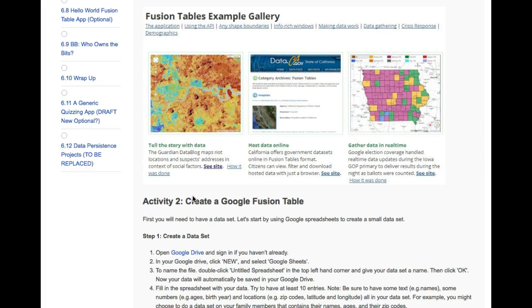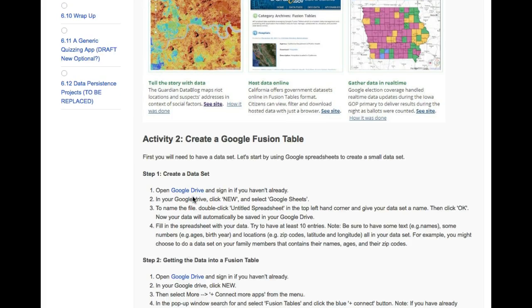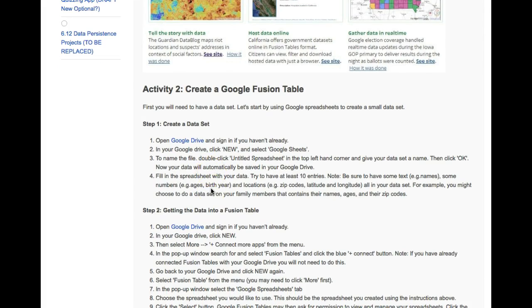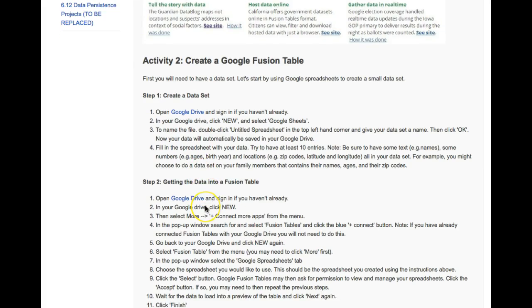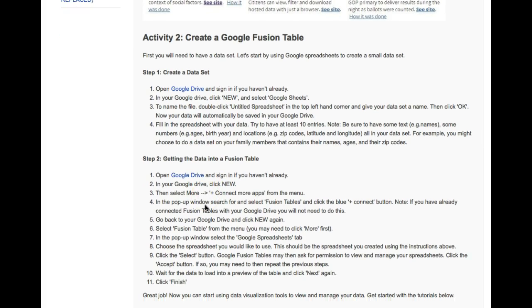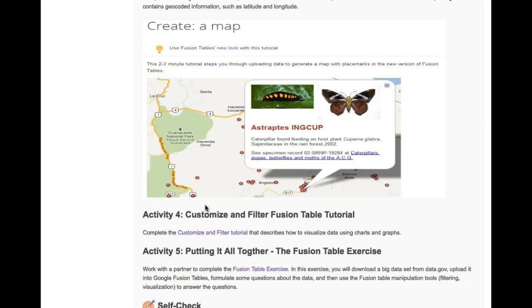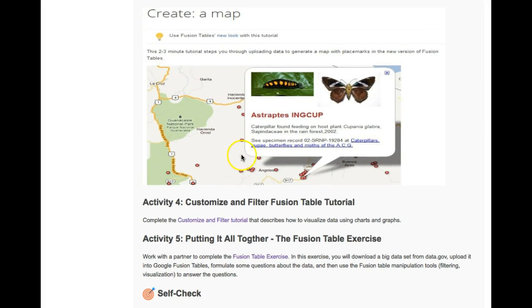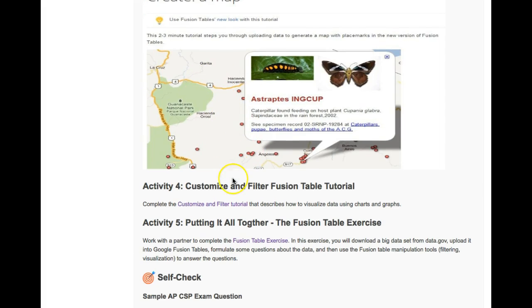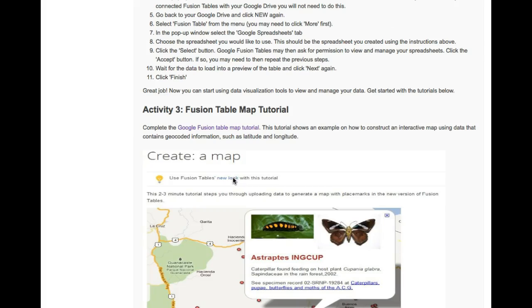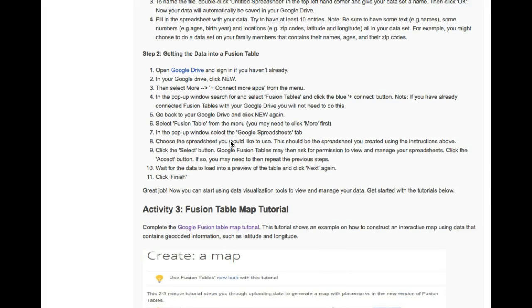Fusion tables allows anybody in the world to go with their Google Drive account, create a spreadsheet, a Google spreadsheet, and then that data that they have in their spreadsheet, text and numbers, can be presented as a snazzy chart or overlaid with these nice little red dots, an overlaid Google map with the data that's built into the spreadsheet. And you really just have to go through this to appreciate the depth of examples of what's possible with fusion